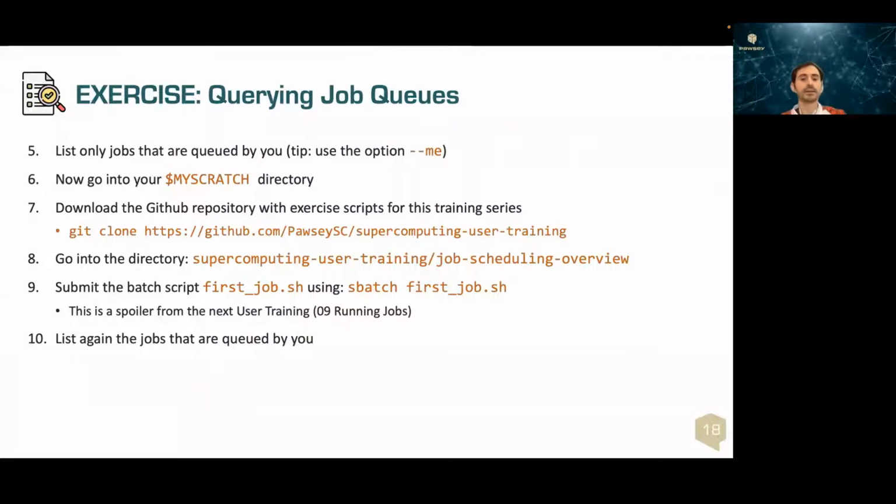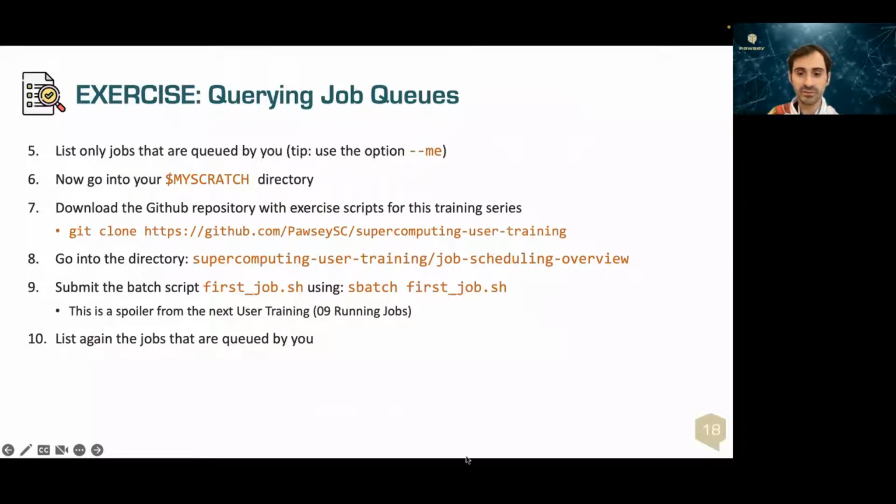And there is a second bit of exercise for you. When you get to 0.7, this is quite relevant. The 0.7 here asks you to use the command git clone to download this repository from the Pawsey GitHub page. This repository of examples will be used not only in this module, but also in the next ones for today. So if you are keen on trialing all of these examples yourself, I encourage you to git clone this repo now. And for your convenience, I'm going to type it in the chat